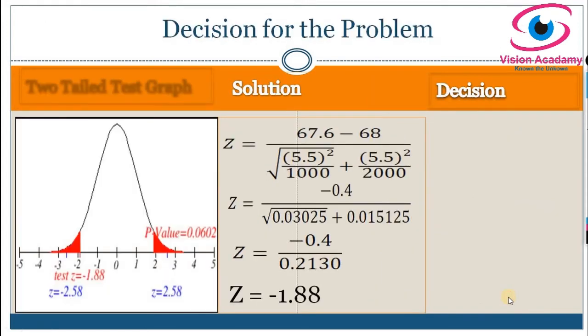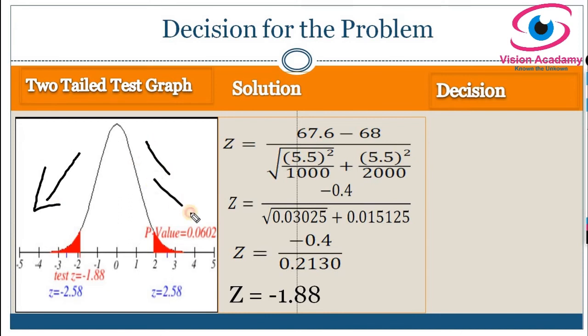As I said, our alternative hypothesis has an inequality sign, so it is a two-tailed test, which means rejection will fall on both sides of the sampling distribution. We have to reject or retain the null hypothesis at the 1% level of significance. In the problem itself, they have asked for the 1% level of significance. If you convert 1% by dividing by 100, it is 0.01.